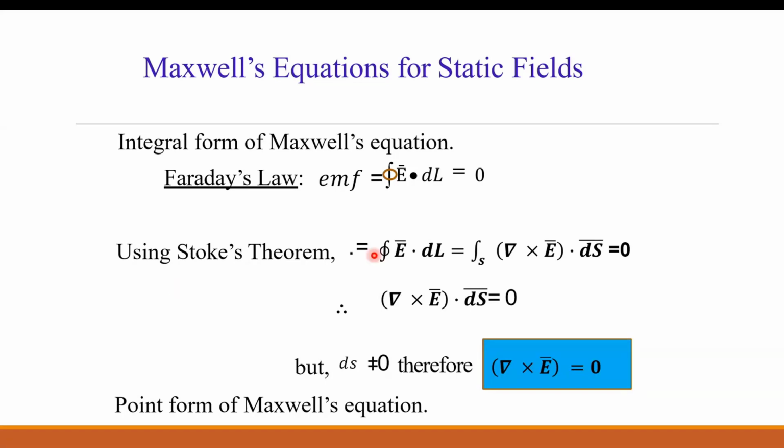Now there is nothing here at the right hand side, no magnetic field quantity is there at the right hand side, remember, since these fields are static fields. Okay, so for static fields only the field quantities are related to 0 or some other constant values. Okay, so first this equation is integral form and the second equation we obtain is a point form.